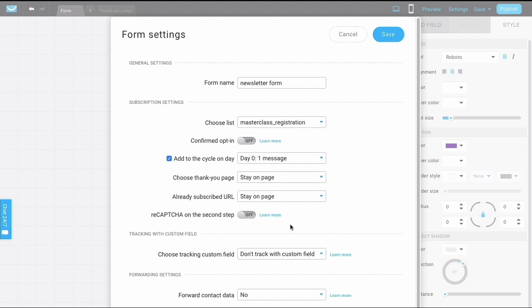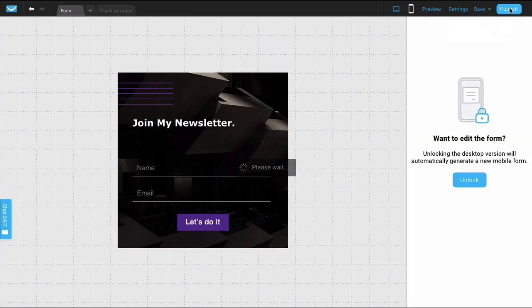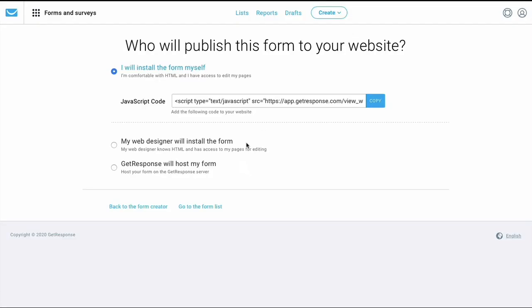The remaining things you don't have to touch. Just click on save and click on publish. So that's it, the form has been created. Now you just have to copy this JavaScript code and paste it in your website. If you are building the website on your own, I'm sure you can figure out how to place HTML code in your website, or if your website is being developed by a developer, give this code to your developer and inform him which place you want this newsletter form to be displayed, and that can be done.